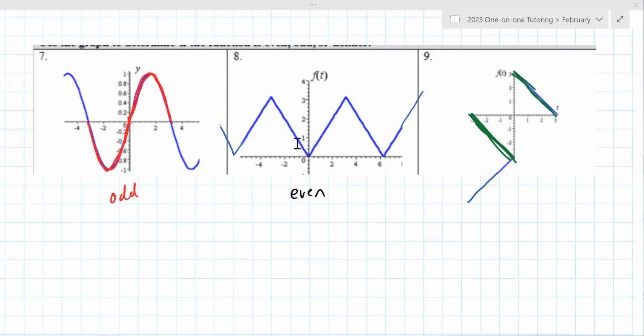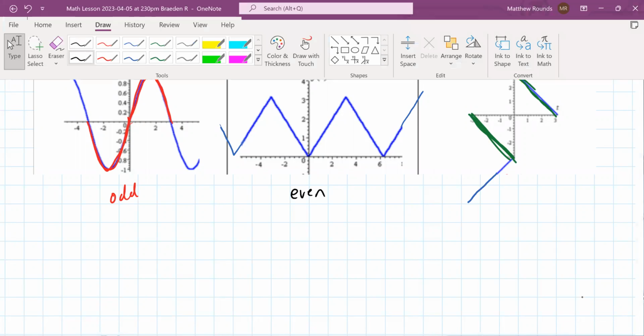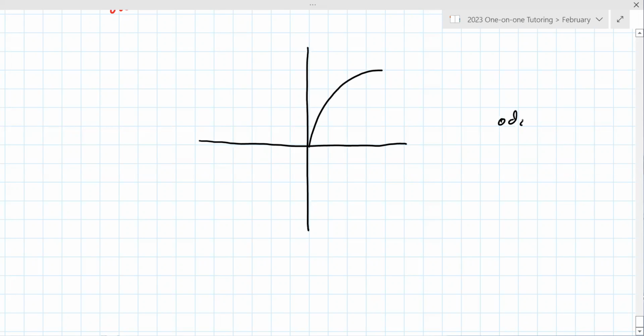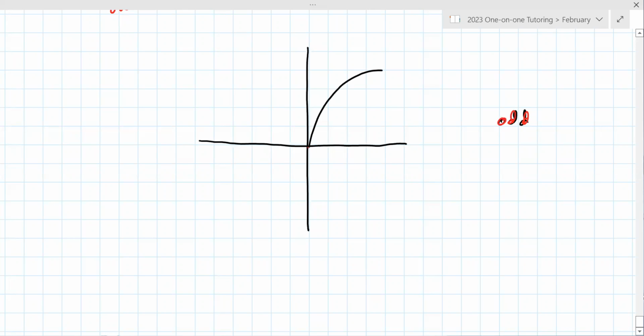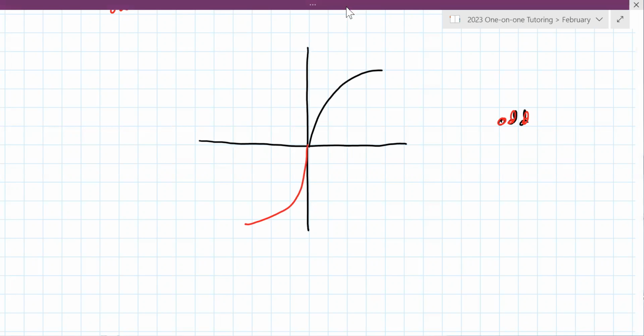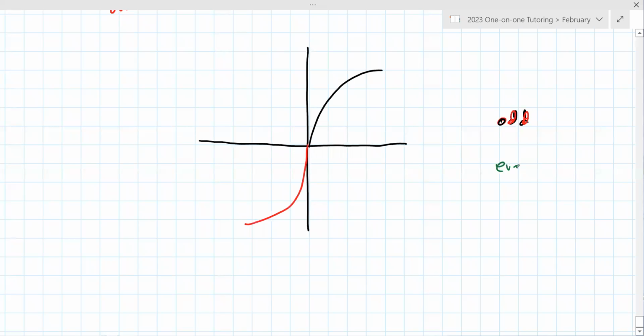Yeah. So the last kind of thing that I guess your teacher could do, which would be really a challenging thing, is to give you a graph, but just give you part of it and say, like, let's say the graph looked like this, and they said it's odd. I should have done that in a different color, but let's say it was odd. You would have to know to draw something like that. Okay. And if it was even, you would have to know to draw something like that. Okay. But I mean, we've really covered everything. I'd be shocked if there was something